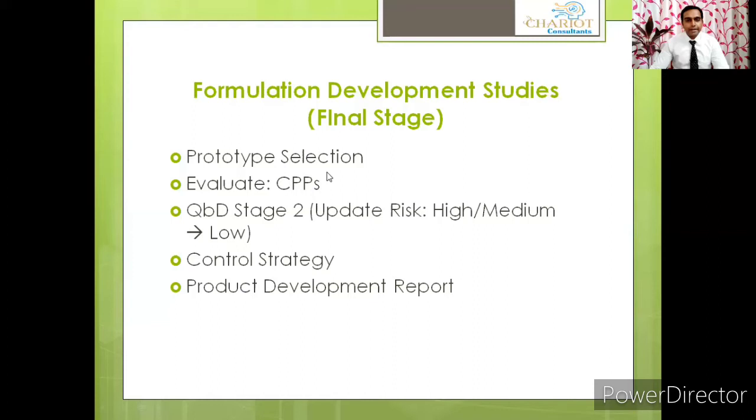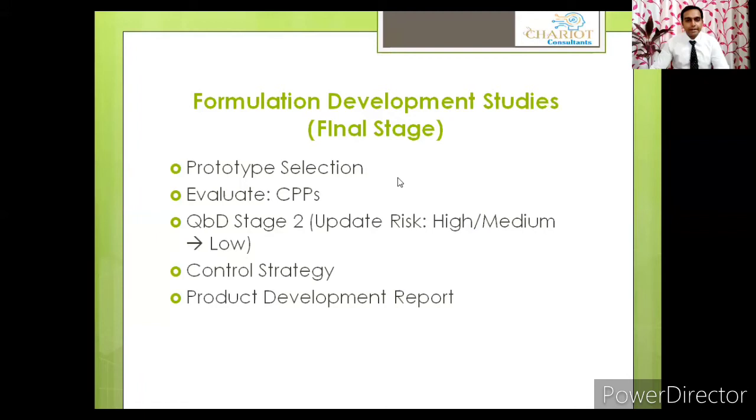Whatever manufacturing process you have opted, you need to challenge it, maybe in terms of your granulation, maybe in terms of your compression. You need to see what the impact of your compression speed is, and what the impact of your tablet hardness is. These are the processes that you are going to scale up, or which you are opting for your exhibit batches or your commercial batches, and that process should be properly challenged. If you are properly challenging it, you will not face any issue during the scale up or your commercial batches or your exhibit batches.